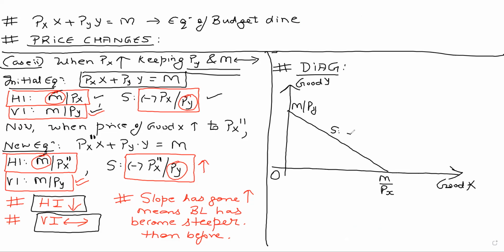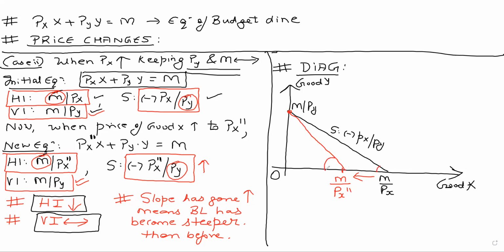Slope of the budget line is minus Px by Py. You can see the horizontal intercept has now gone down from M by Px to M upon Px double dash. Horizontal intercept has gone down, vertical intercept is the same, and you can see that the budget line has become